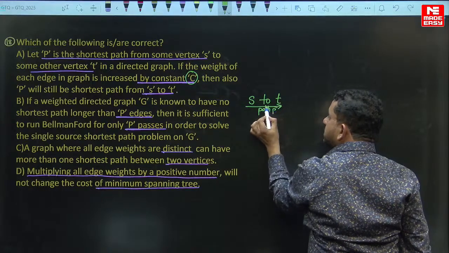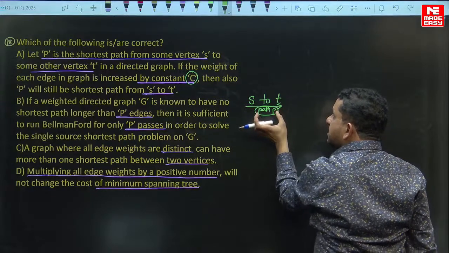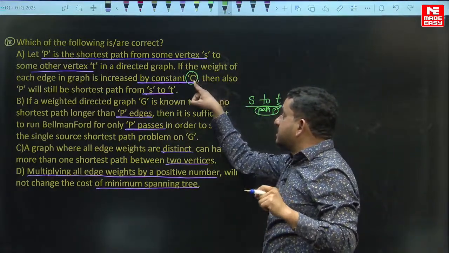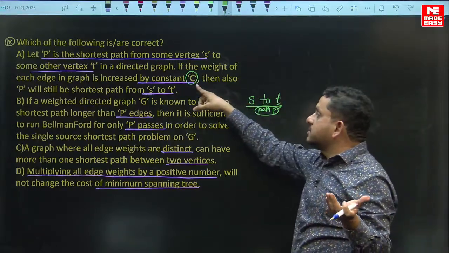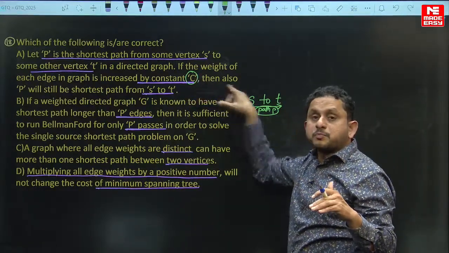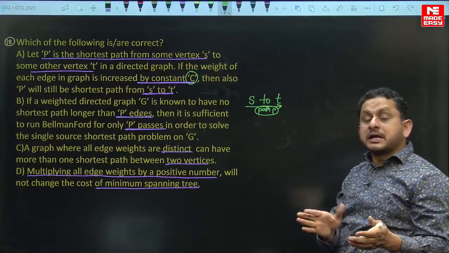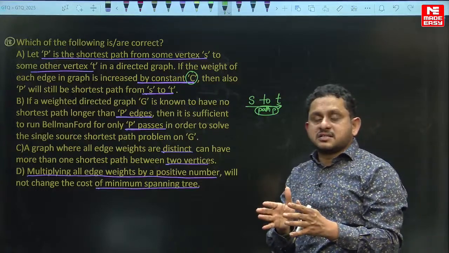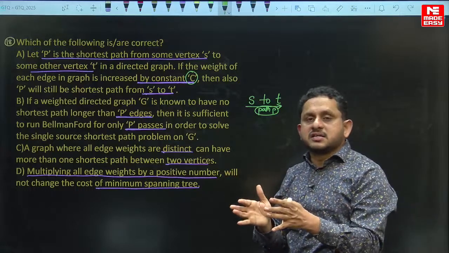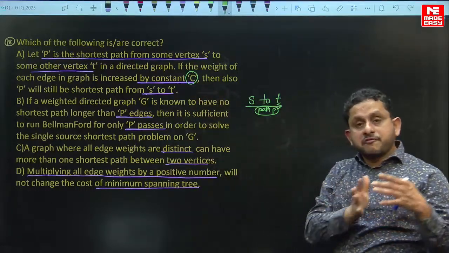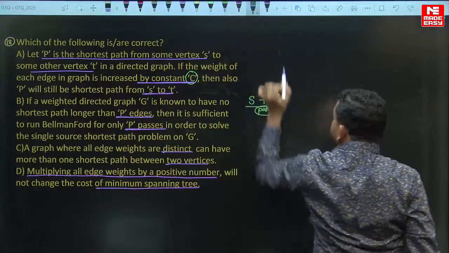Assume that this shortest path P has some x edges. That means C is added to x edges, so it becomes x multiplied by C, the path cost becomes x multiplied by C. Some other path can have slightly bigger cost than P but fewer edges, and because of adding C, for fewer edges the overall cost can be reduced. So for example,